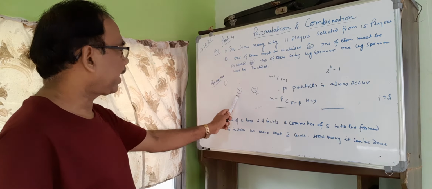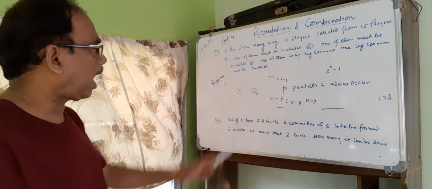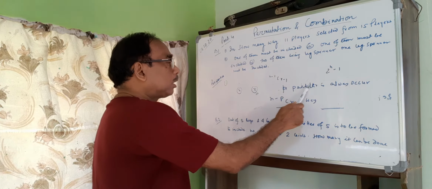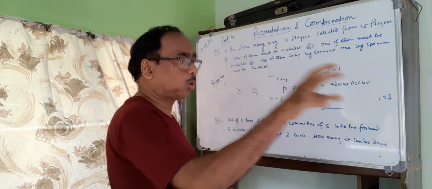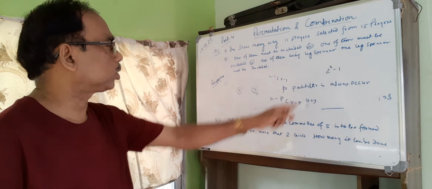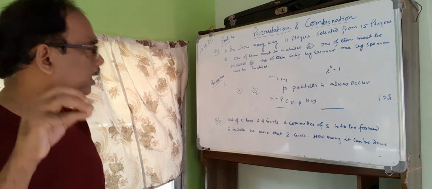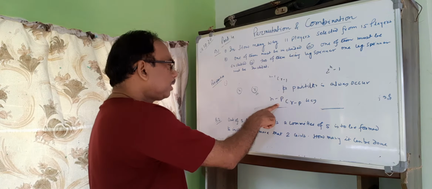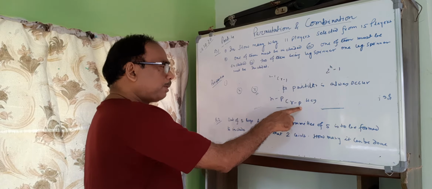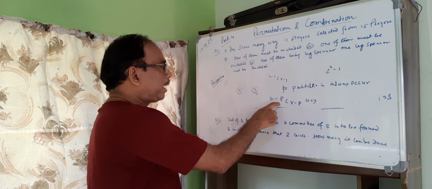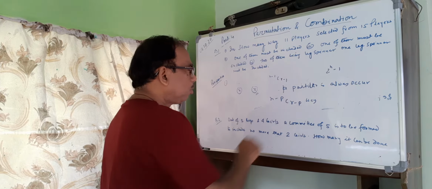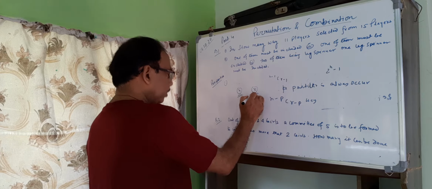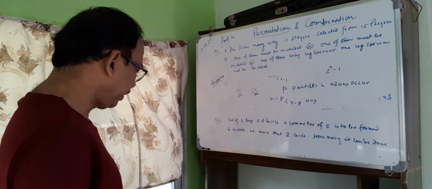Because there are n different things, you have to select r things such that p particular things always occur. P particular always occur means, suppose we have to take p things from n things at first. The remaining n minus p things and remaining r minus p places, that can be done in n minus p C r minus p ways.